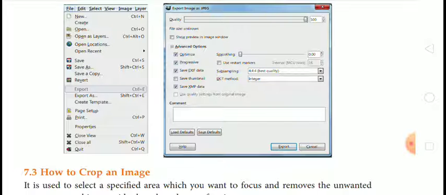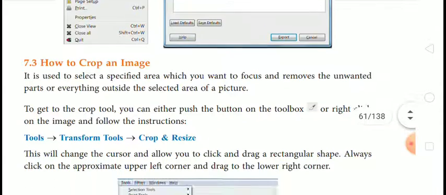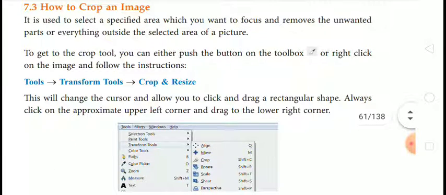Now we will see how to crop an image. How can we crop an image and what are the steps to crop an image? It is used to select a specified area which you want to focus on and remove the unwanted parts, or everything outside the selected area of a picture.